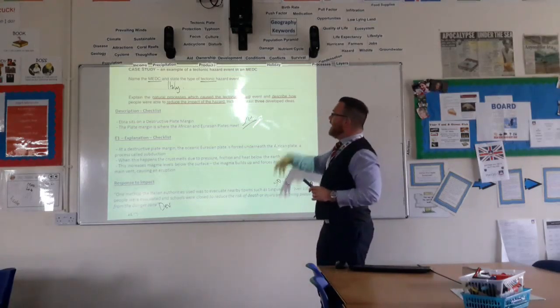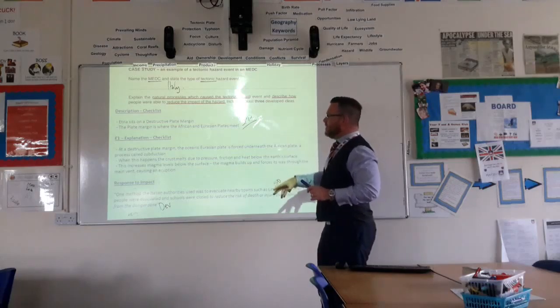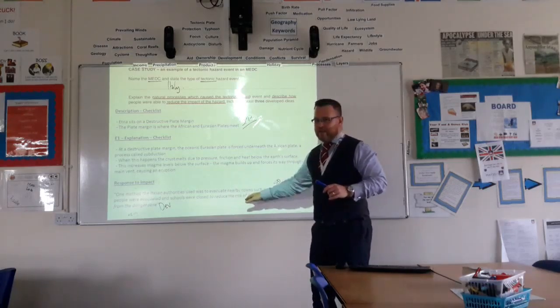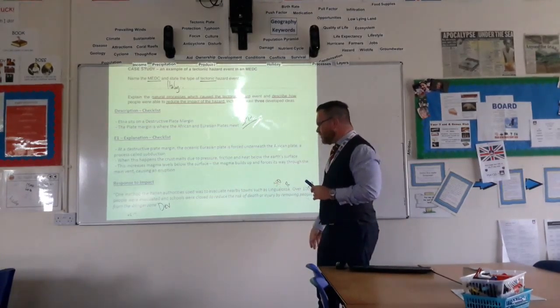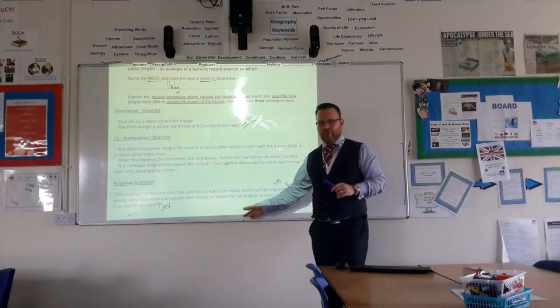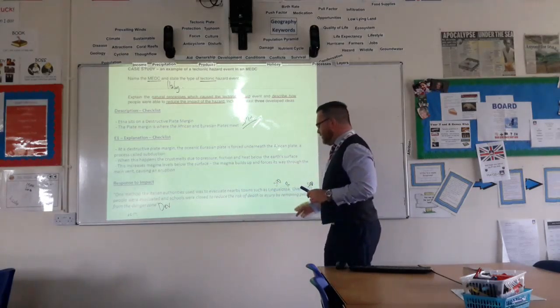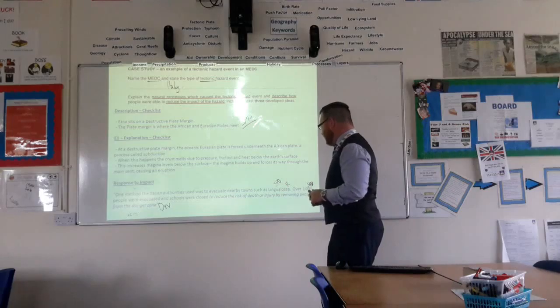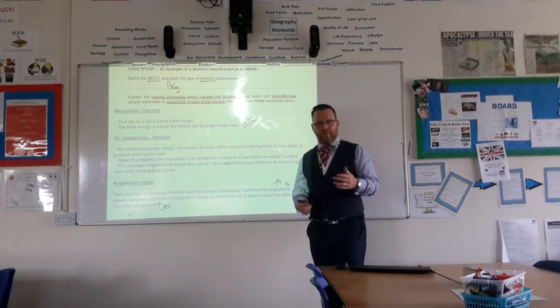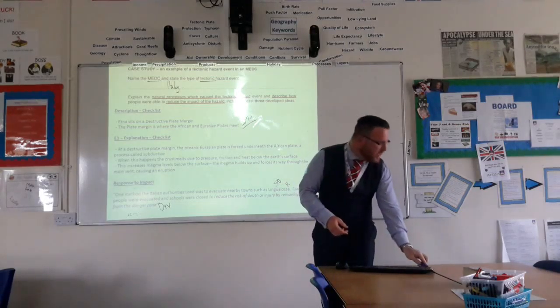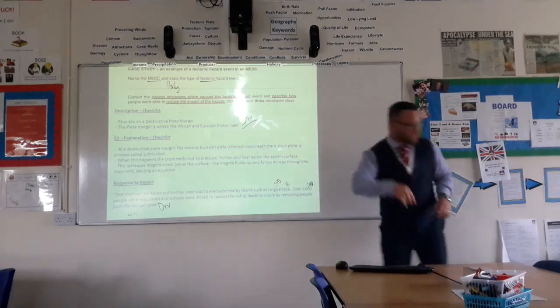You have given a clear idea of how people reduce the impact of the hazard by evacuating people and closing the schools, and then you've said how that reduced the impact. And that reduced the impact by reducing the risk of death or injury by removing people from the danger zone. So this first example is how